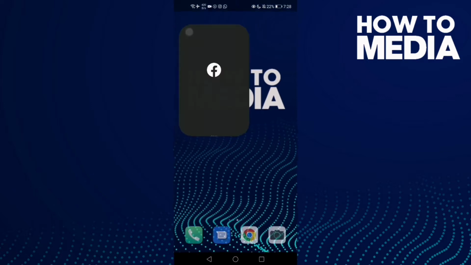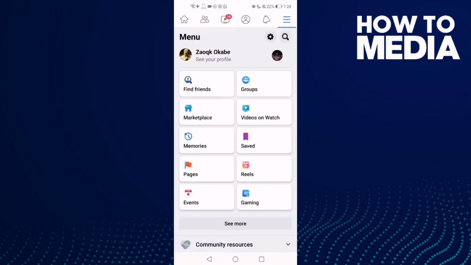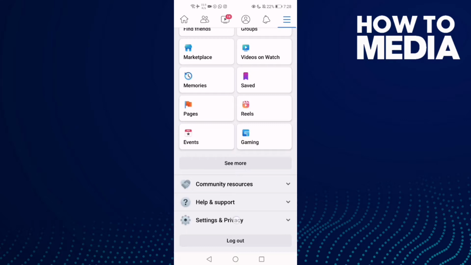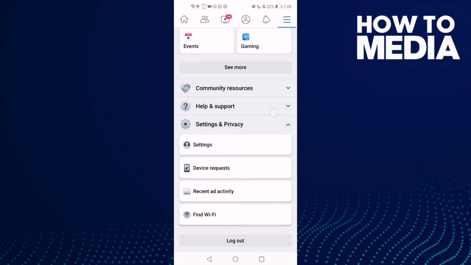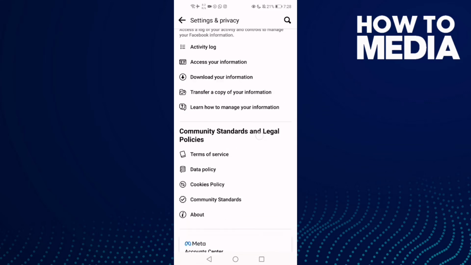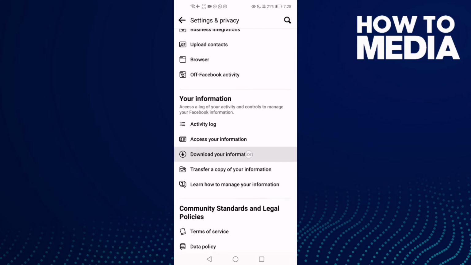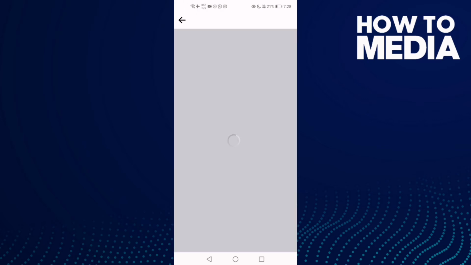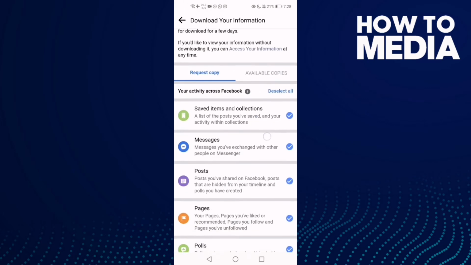First thing, go to Facebook and now click these three lines here in the top corner and now go down, click settings and privacy and then settings and go down here until you find download your information, click on it and then just click to select all